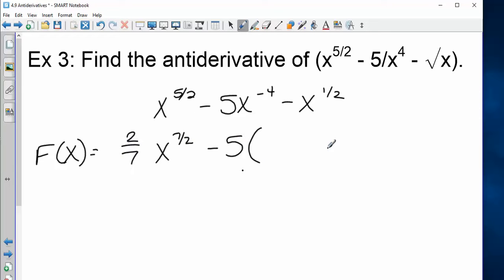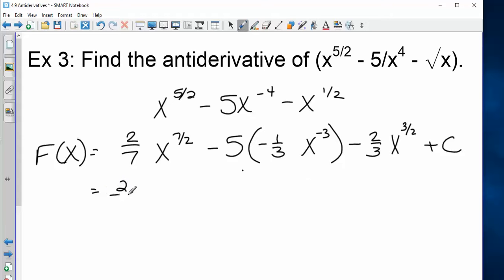Minus 5, okay. -4 plus 1 is -3, so we put -1/3 in front. 1/2 plus 1 is 3/2, so we put 2/3 in front, and then we need our plus c. So you should get 2/7 x to the 7/2 plus 5/3 x to the -3 minus 2/3 x to